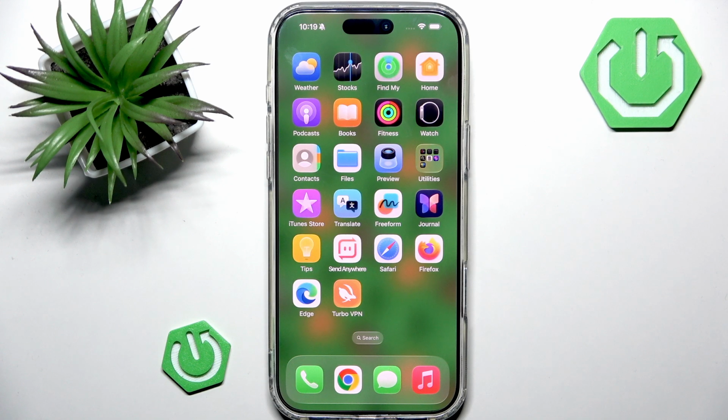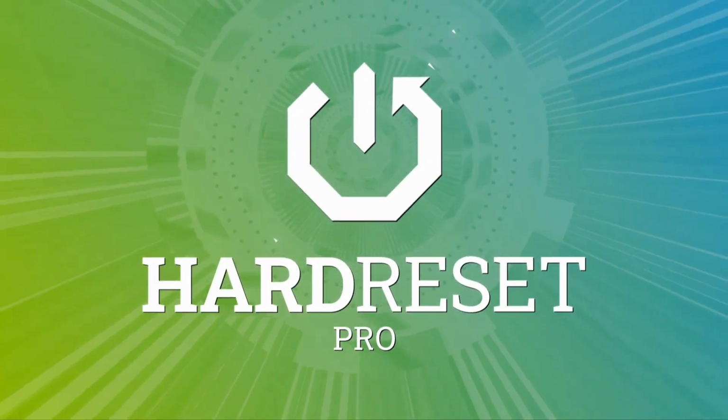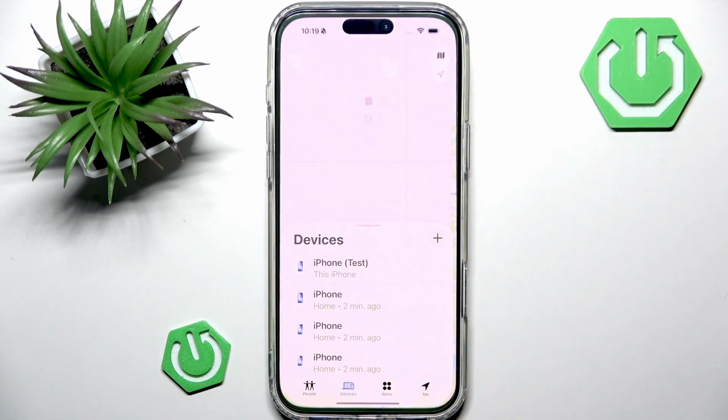In this video I'm going to show you how to add an AirTag to the Find My application on your iPhone 17 Pro Max. So let's set up an AirTag on your iPhone 17 Pro Max so that you could track your stuff with the Find My application. So first of all, you have to open Find My application on your home screen,